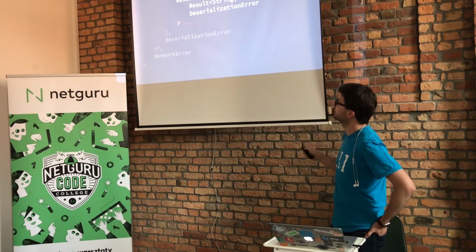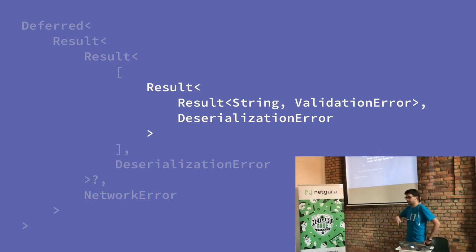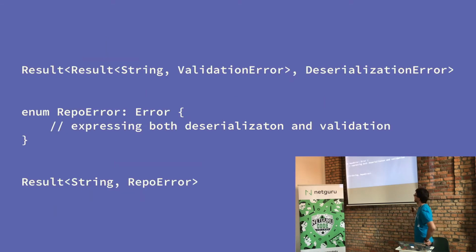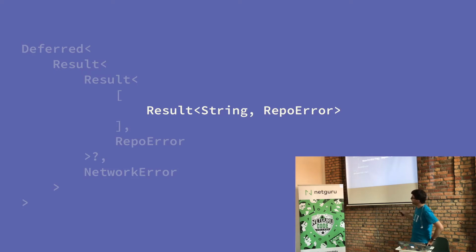And so we can just take this part into consideration and see that here we have a result inside the result, and we have 2 separate errors. So first thing, we may just think of redesigning that and creating the repo error that expresses both situations, both the problem with the deserialization of the repo and the problem of validation of the repo. It can be composed of the other errors. It can be like a special error just for this case. But either way, it will greatly simplify the signature in this part. And now we are just like 1 layer less inside containers.